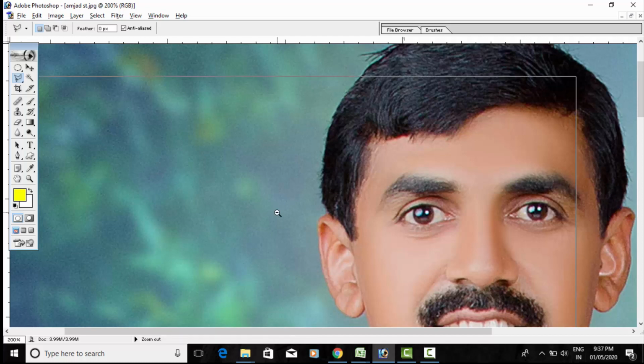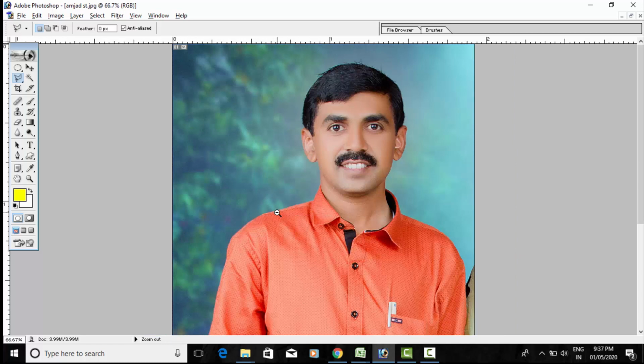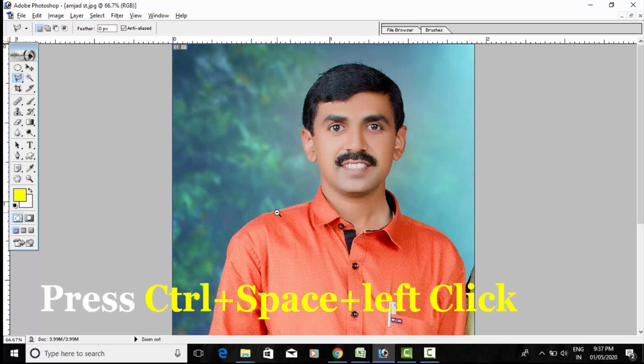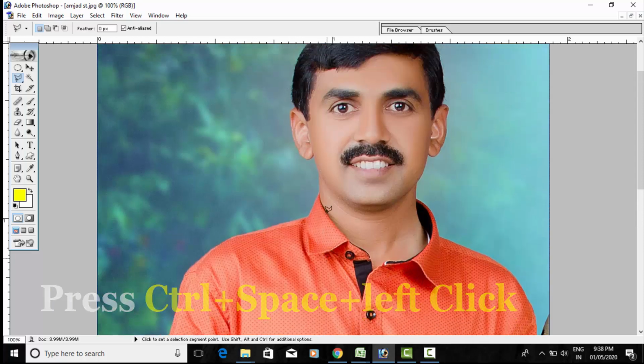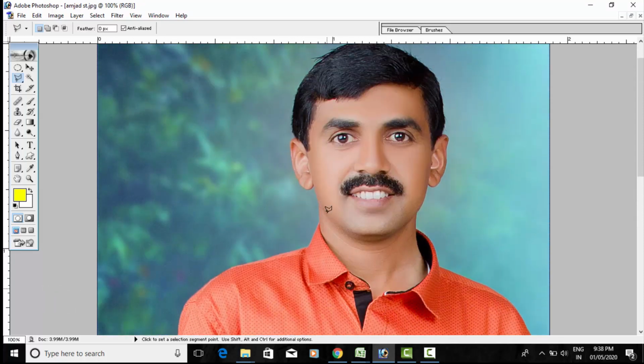Alt space, left click will decrease the size of image. It will zoom in, and if you want to zoom out, you have to press Control space, left click. So this much size is sufficient to select the image.